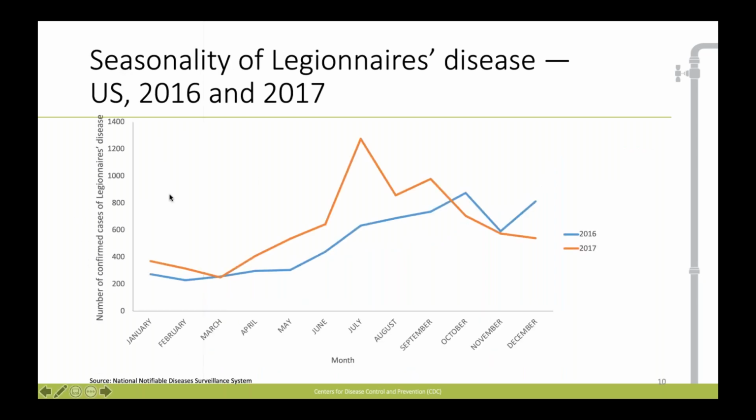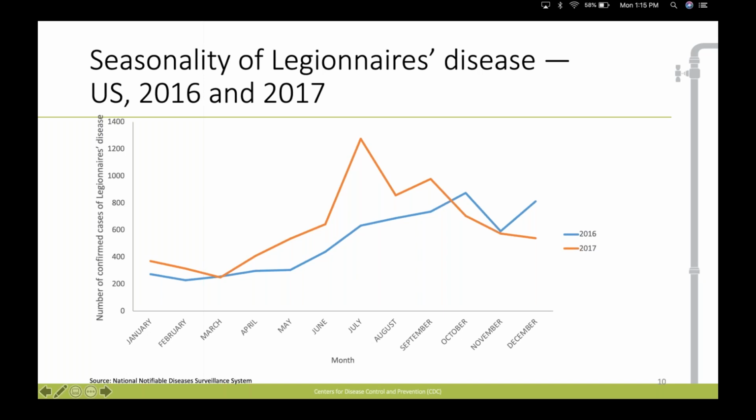It was also mentioned at the top, and by myself, about the seasonality of Legionnaire's disease. So you can see here some data from 2016 and 2017 that show a pretty marked increase in the summer months and late summer months compared to the cooler months at the beginning and end of the year. Depending on the exact weather patterns we see across the United States, the seasonality can be more or less pronounced, as you can see on this graph.